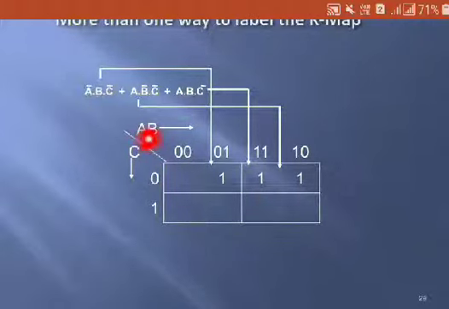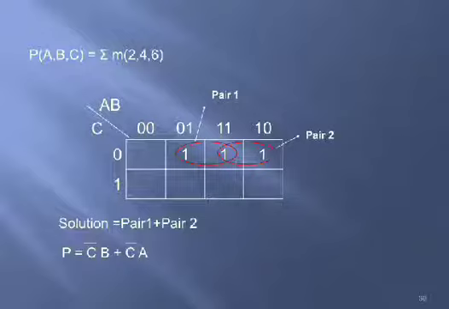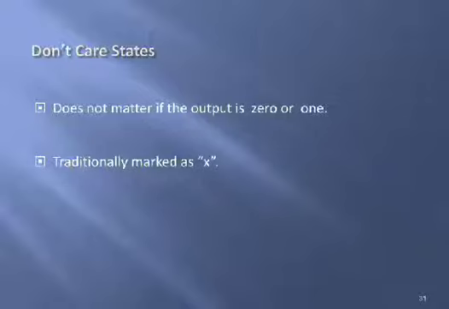Here I am considering AB here and LSBC as here, so that the placing of corresponding minterms will be changing in the cells. That is the only difference. You can adopt only one procedure for better understanding. This is another way of writing the simplified SOP form. The answer you will be getting is the same as the earlier one. There is no difference. There is no concept of don't care in our syllabus.